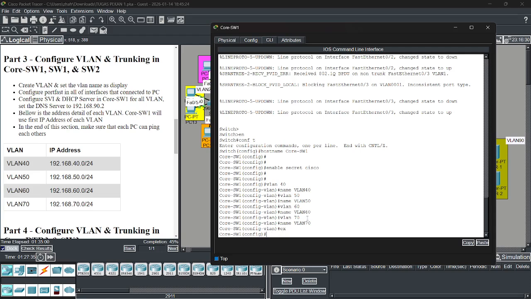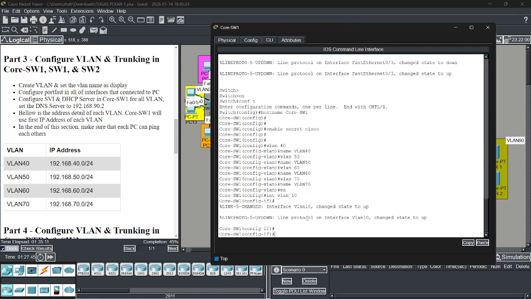And we add the DHCP first. Go to interface VLAN 10. The IP address is... sorry. Exit.